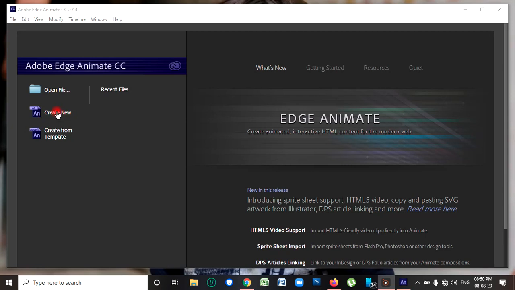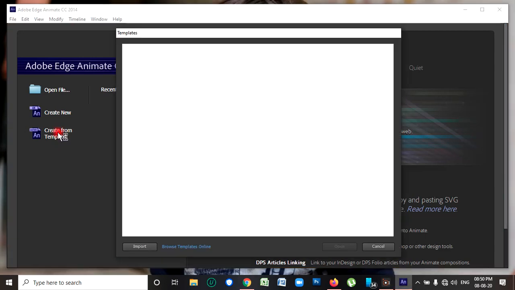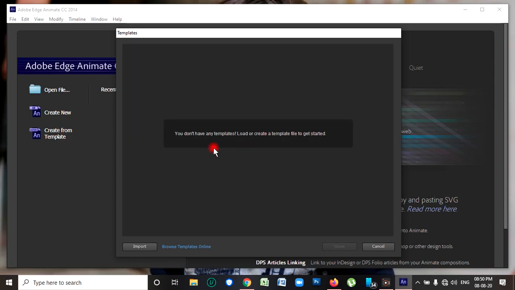Okay, and we can create from a template. So what does template mean? It is predefined, it has already been done. If you want to see that, let us look at create from template. For the practical way we are going to view this. What is create from template? If you don't have any template, it leads to the template or the get started option.